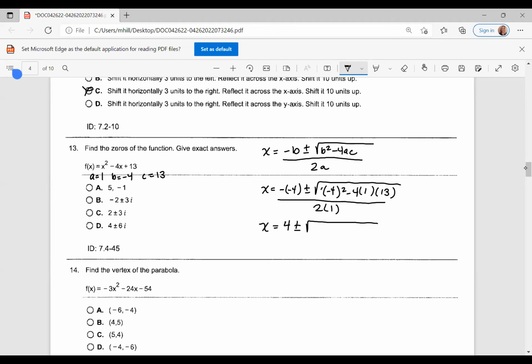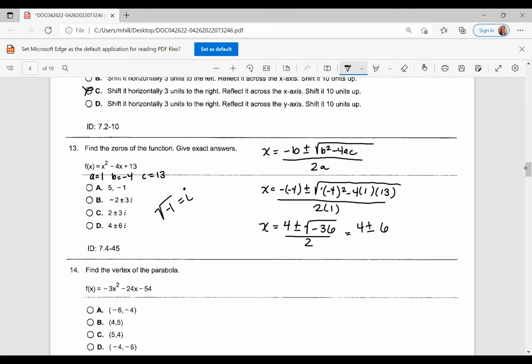And I'm getting negative 36 here. Okay, and then over 2. And I'm going to erase this part because it's way too big. So square root. So you need to remember on this problem that the square root of -1 is equal to i. That's important. So we're going to end up with 4 plus or minus, well, the square root of 36 is